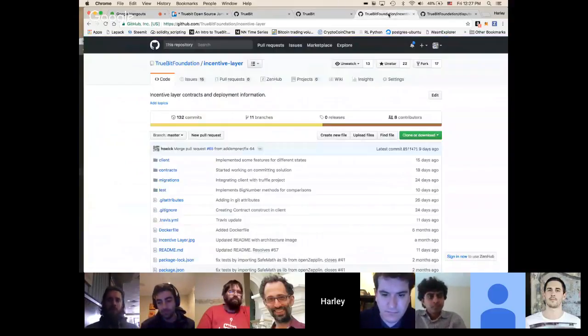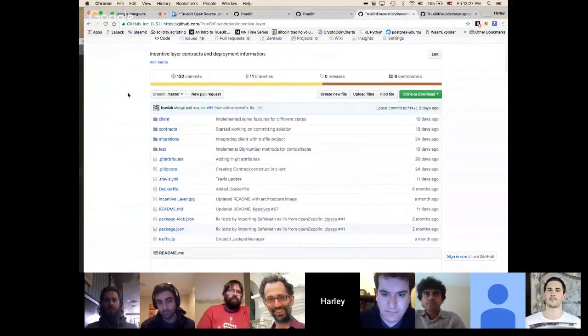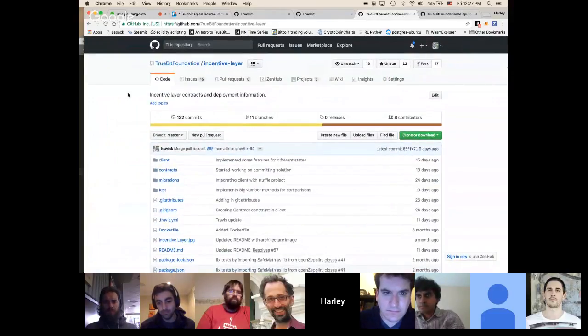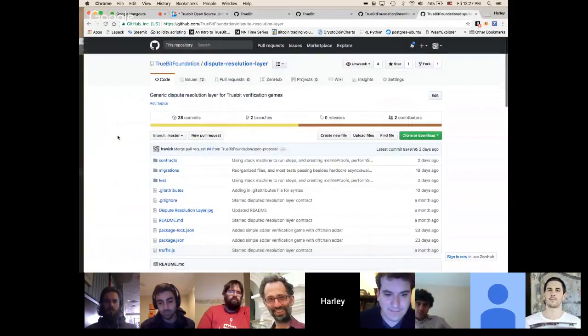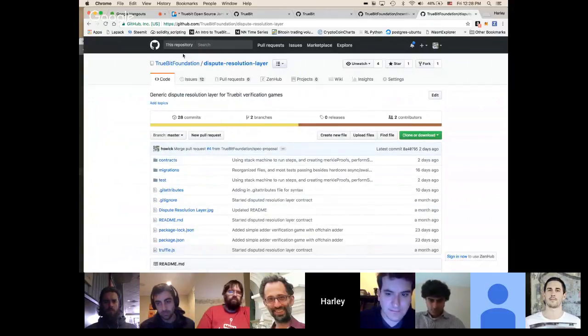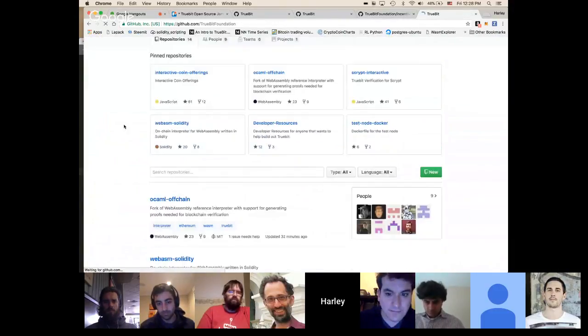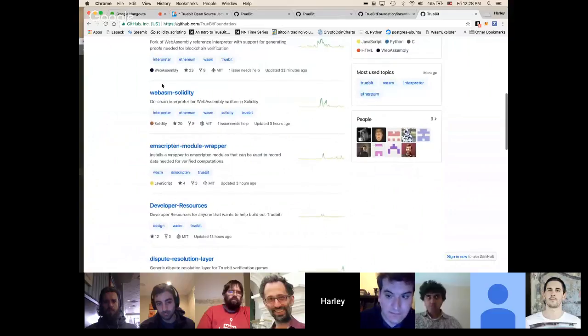Okay, yeah, totally. I would say on the Solidity side, depending on where you want to go, the incentive layer and dispute resolution layer are very safe places to be. When you want to go into the WebAssembly stuff, there are different repos for that. If you want to do the WebAssembly Solidity stuff, there's a repo for that.